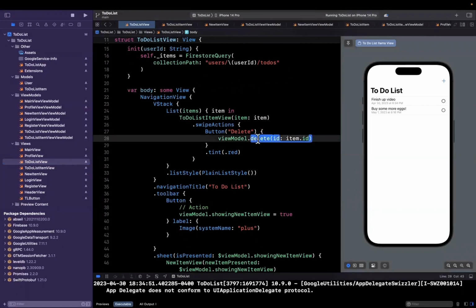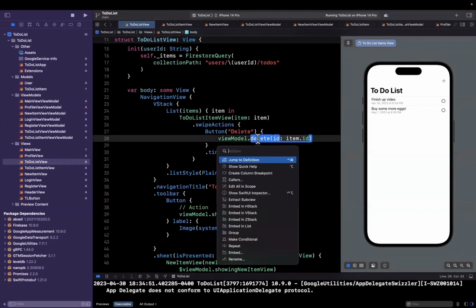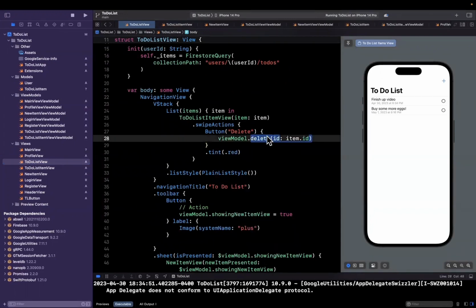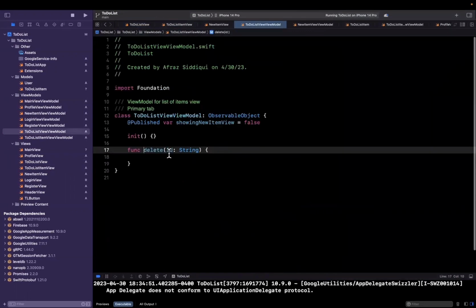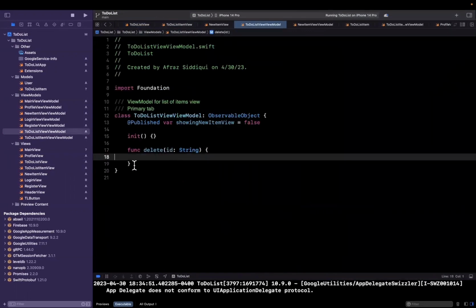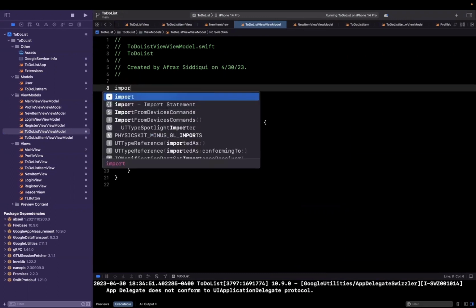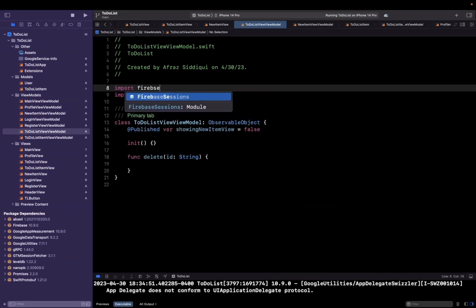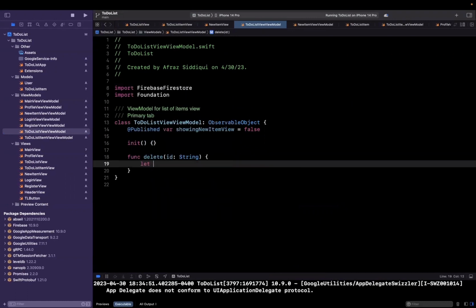So we already created a function called delete on our view model where we're passing in the item. So we should be able to simply make this database deletion call. So let's import Firebase Firestore, and let's actually get a reference to our database by saying